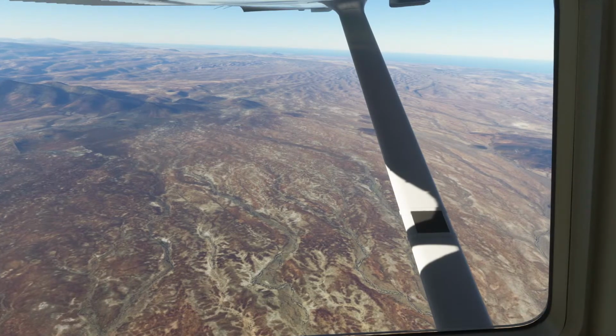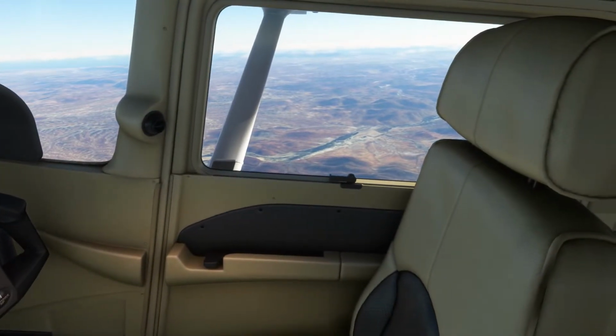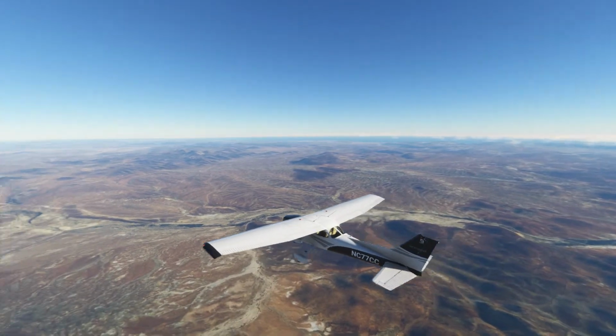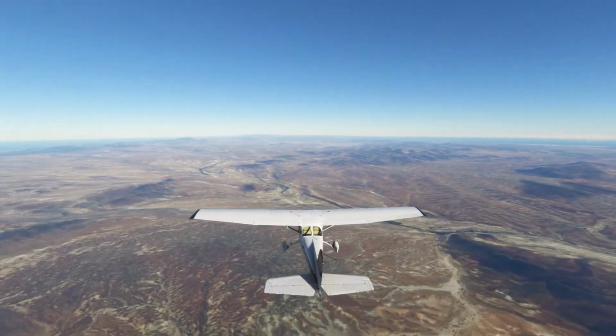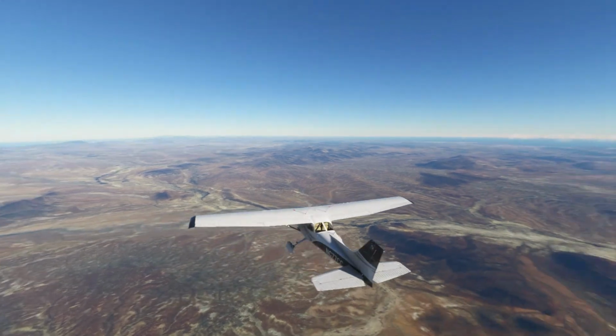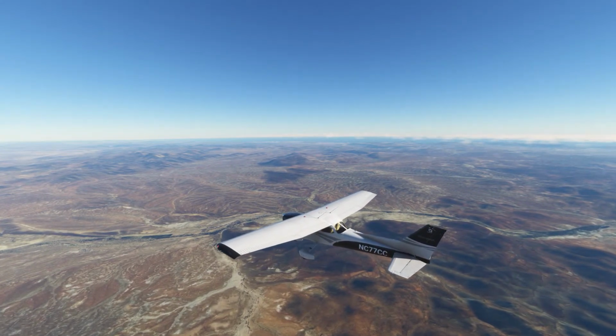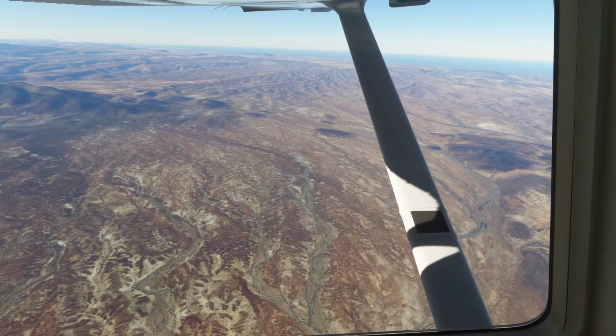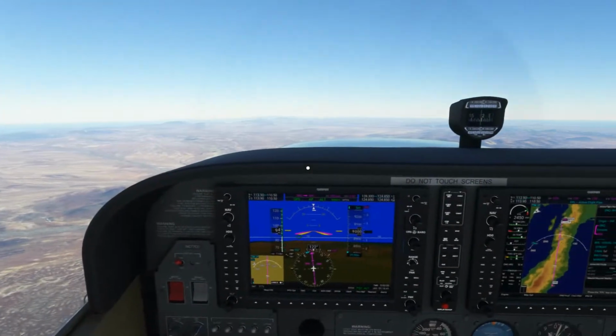We can see water on that side, and we can see water on that side as well, at this height, at 9,000 feet. So heading pretty much south to Baja California, and we can see water on both sides.